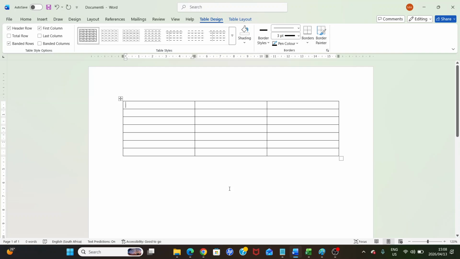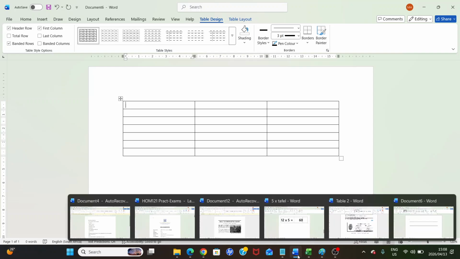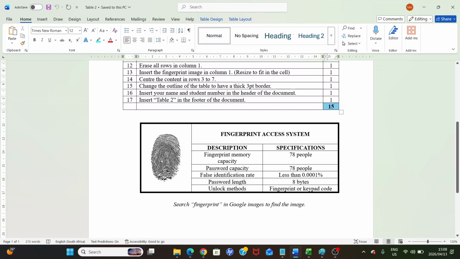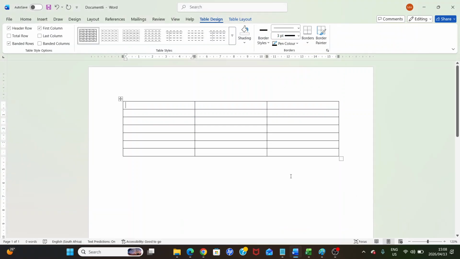But before we can bold anything, we are going to erase a couple of things. Now, if you look on this image over here, let me open it for you again. In this image, you will see that column 1 has no rows. So, when we go to column 1 here, we are going to erase the rows. And we are going to do that using our eraser.